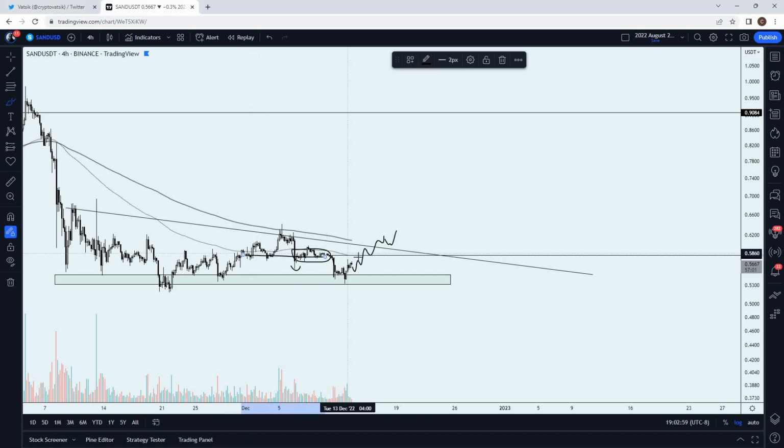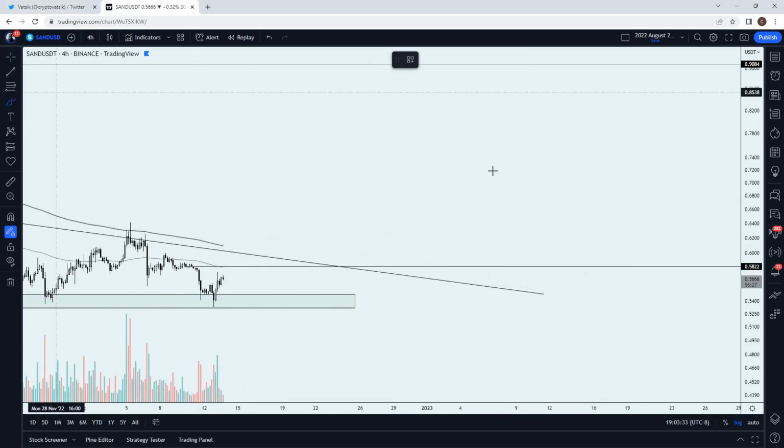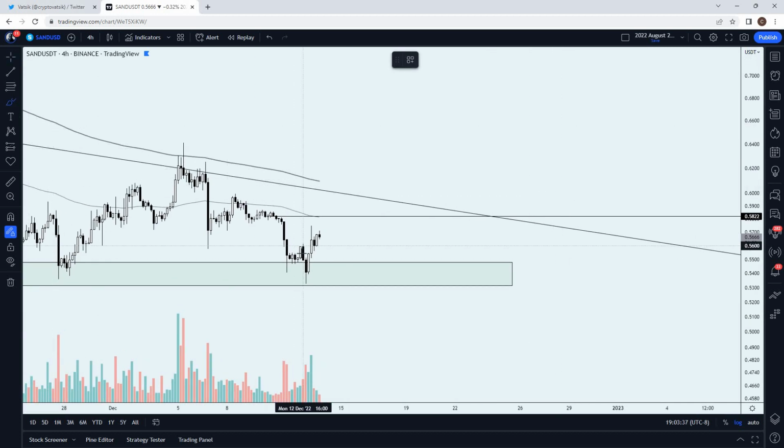So basically, that line that I drew right here, that's our monthly open. A reclaim of the monthly open would be a good position in my opinion. Now, this isn't the most clean market structure break ever, but we do have a market structure break currently. Basically, we had a lower high, now we've got a higher high, so there's a market structure